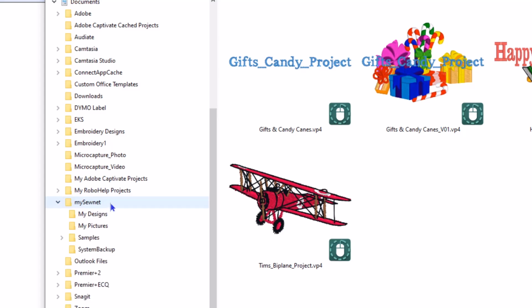And it says, okay, I also created these folders. The software automatically created the My Sonnet folder, the My Designs folder, the My Pictures folder, the Samples folder, and the System Backup folder. Well, now, if you click on the greater than sign, because Samples always has embroidery designs in it,